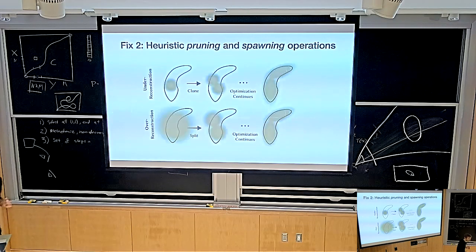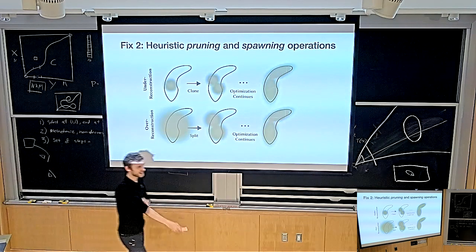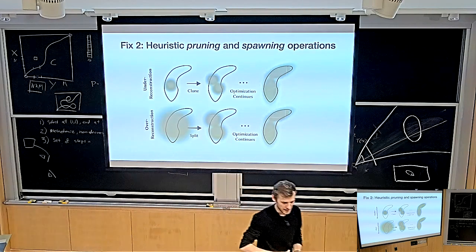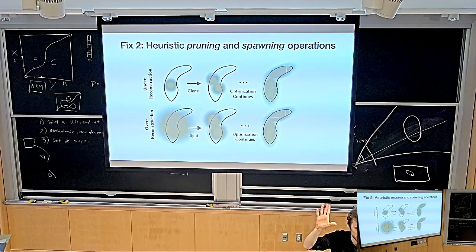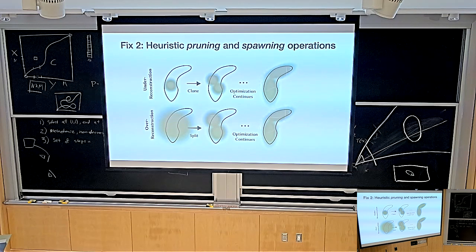There's a second trick. The second trick is actually that you're going to implement a heuristic that is going to spawn Gaussians and destroy Gaussians as the optimization goes on. So basically, it's a pure heuristic. If you read the paper, it's like, this is what we came up with. It makes a lot of sense. We figured out this hyperparameter for when we should spawn a Gaussian and when we should destroy a Gaussian, and it turns out that works well.